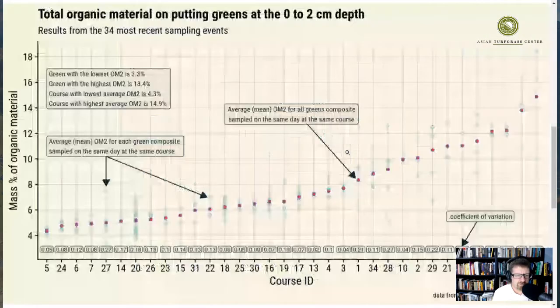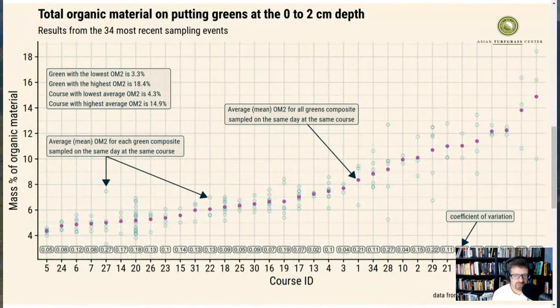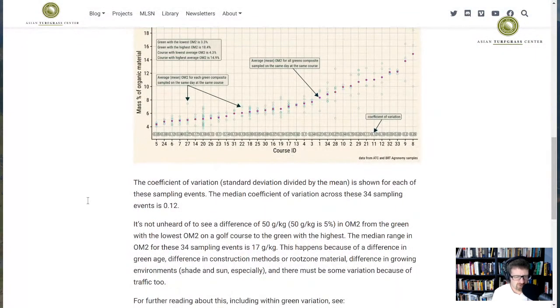Now, typically for the OM2 depth, I'll recommend for an 18-hole facility to measure 6 greens at the 0 to 2 centimeter depth. For most of these courses, what we're looking at is 6 greens. For some of them it's less, and for a few of them it's more. Now we can start to look at the variability from green to green. The average variation from the lowest green on one property to the highest organic matter green on that property was, what was that? 17 grams per kilogram, which is